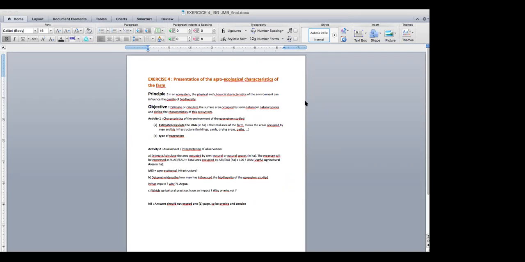So this week we have 2 assignments. We need to do a presentation on the agroecological characteristics of our horticultural farms. So what we are going to do is to estimate the area occupied by the semi-natural or natural species in hectares. These figures, I'm sure all horticultural farms have already. You are going to express this with this formula, just follow what the formula means, put the figures there, and then you will get the percentage. Then B says that you determine or describe how you have influenced the biodiversity of the ecosystem that you are working on. So in a few lines, you just